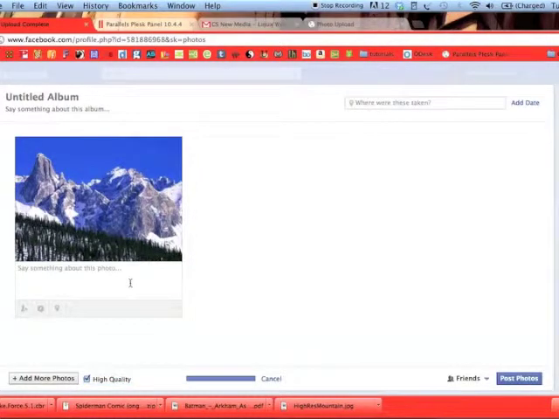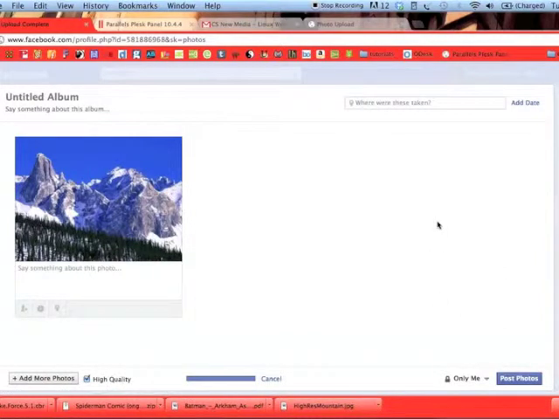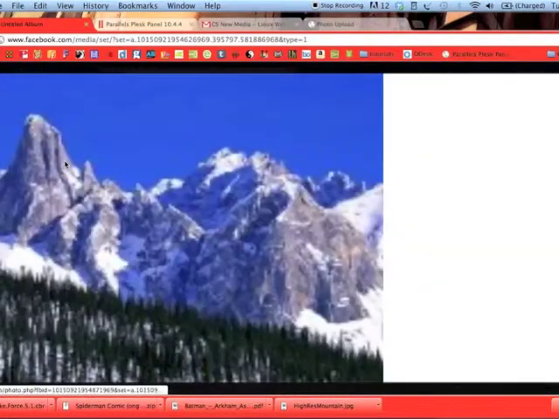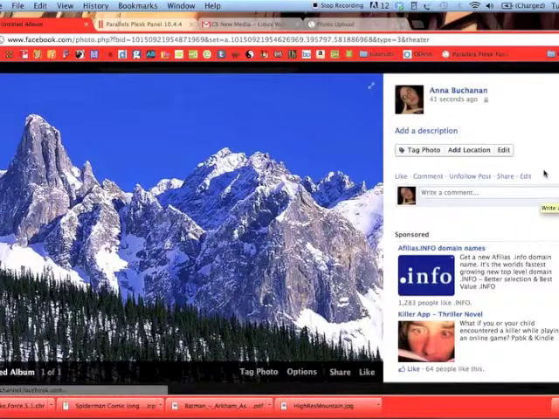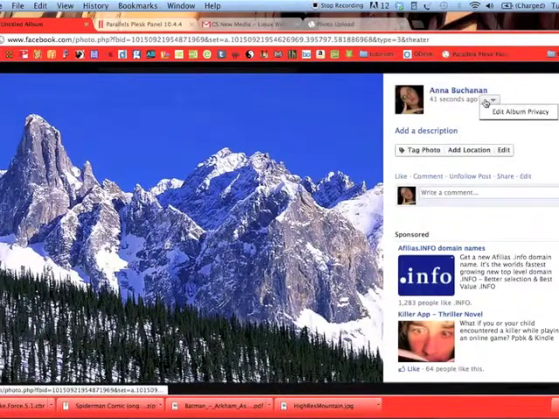It will give you a little bit less compression, because if you don't click that, Facebook will compress it even more, which of course does result in some loss of quality. Alright, again, you can change the privacy at this level, so I'm just going to set that to only me. And you can post it. And there you have it. I think that's quite a decent looking picture on Facebook, and I'm the only one that can view it, so